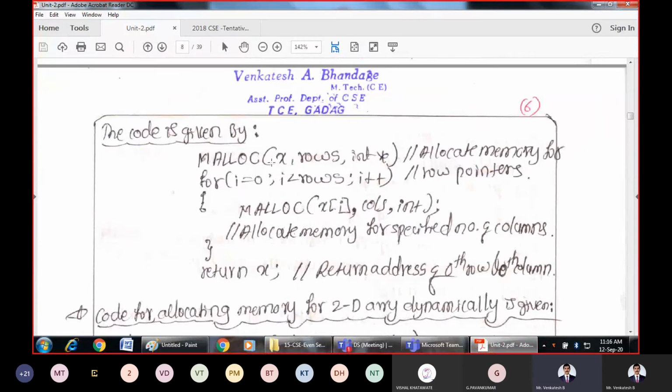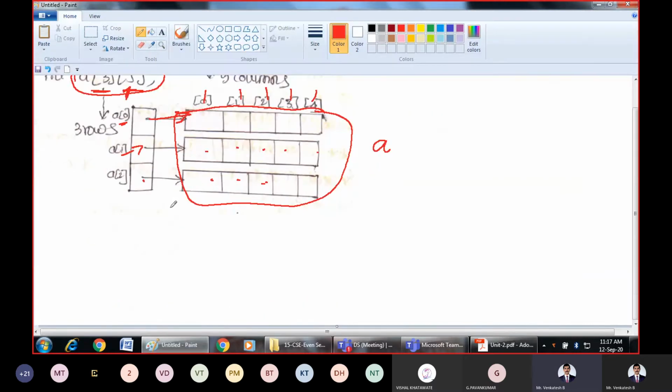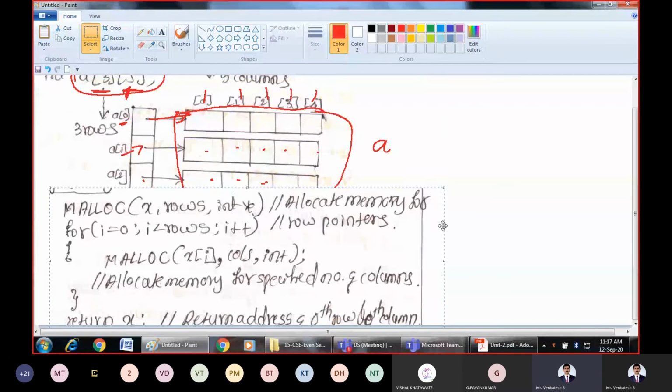Let us see the coding part. In different ways we can use it. So I'll visit back to our malloc. What does malloc do? Now I'm calling the macro definition here. Instead of writing that whole part, I'm just writing malloc. What does it do? X rows. X is a pointer which is going to contain the rows, and of what type? Of integer type. Then for every row, starting from 0 to rows. So assume there are 3 rows. I'll take this part and paste it here.